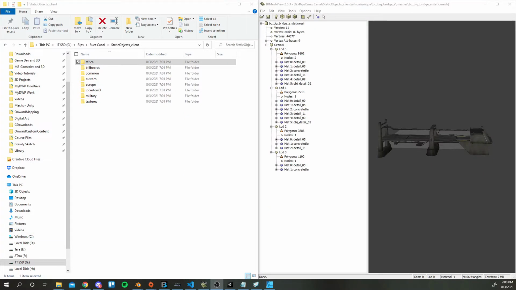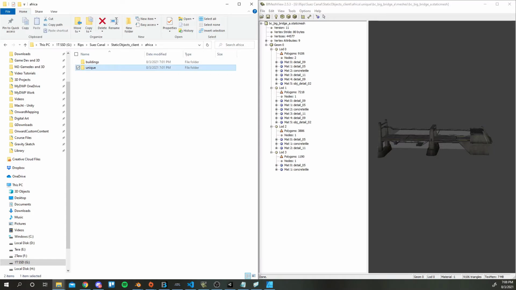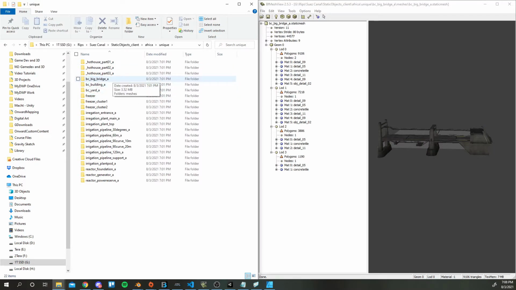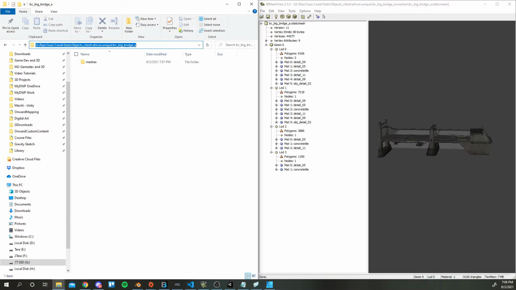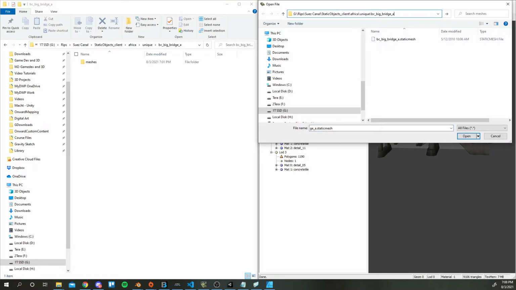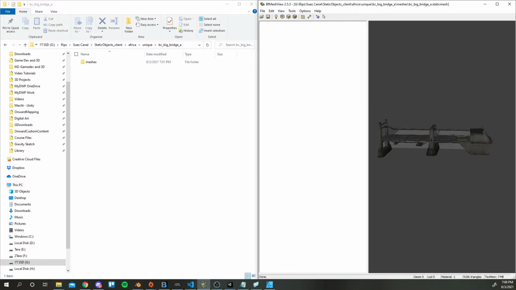All right, sorry for that little hiccup. I forgot where I found the big bridge I was looking for. The massive bridge in Suez Canal is located in Suez Canal, static objects client, Africa, unique, BC, big bridge. I'll copy that directory, and then I pasted it in here, and I double clicked it, and it showed up